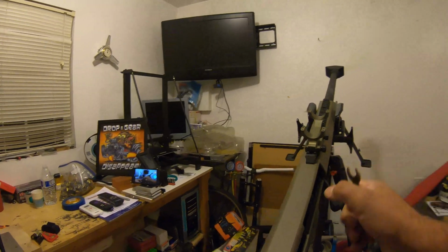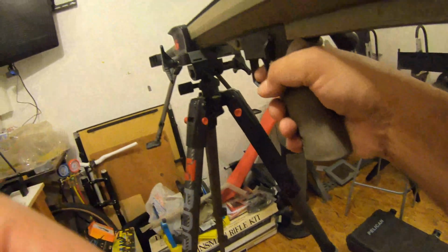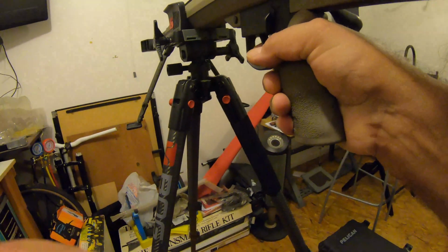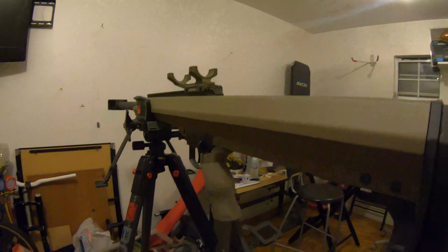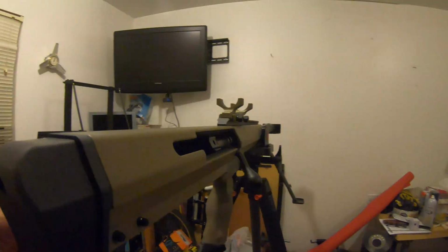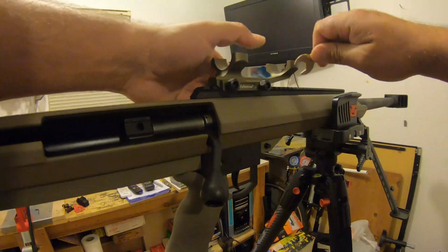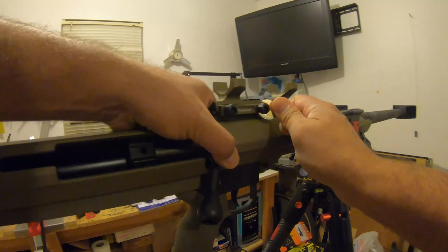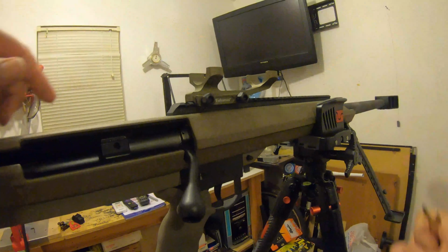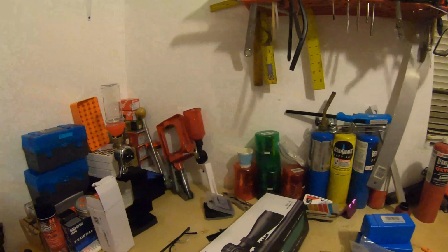Now, that being said, I need to consider how my body is going to adjust in order to see the shooting position. This will be hard to do when the camera is mounted on me this way, so I'm just gonna have to do that and come back. Okay, this is solid, it's not moving anywhere. And now I can go back here